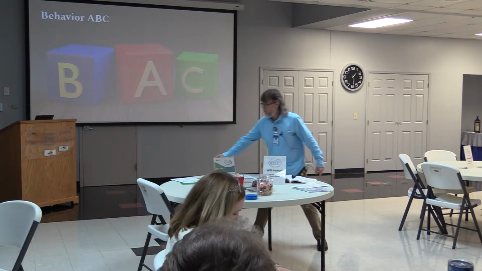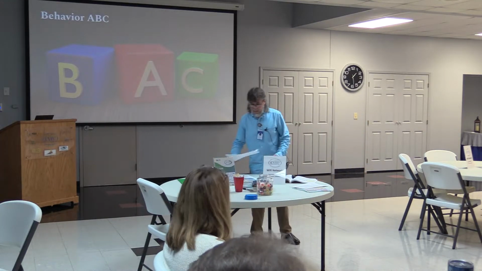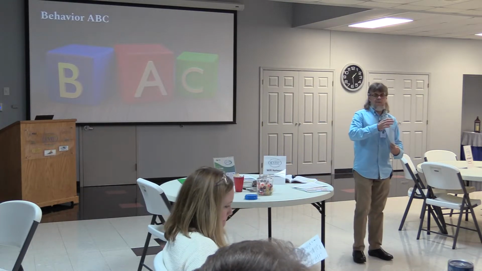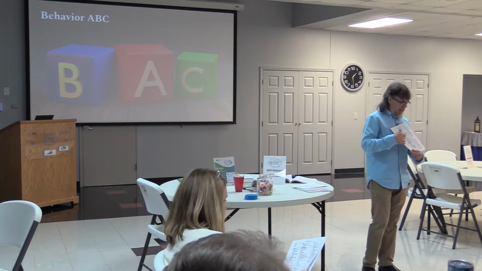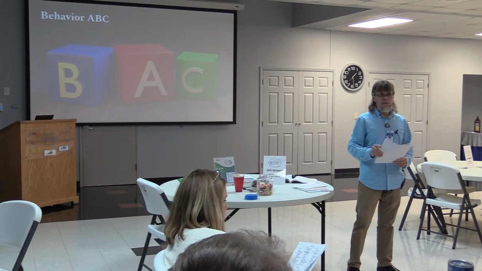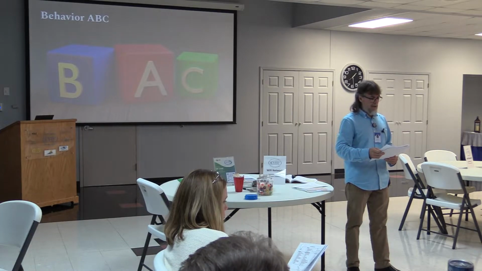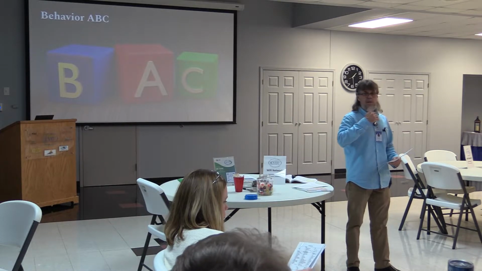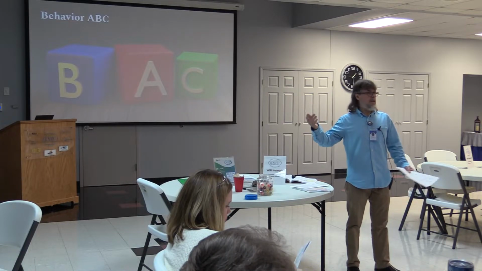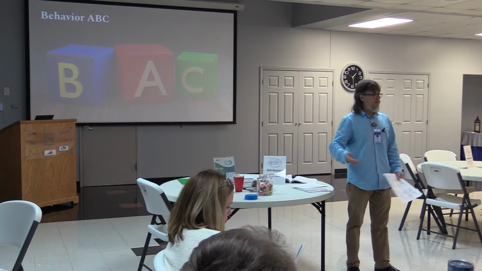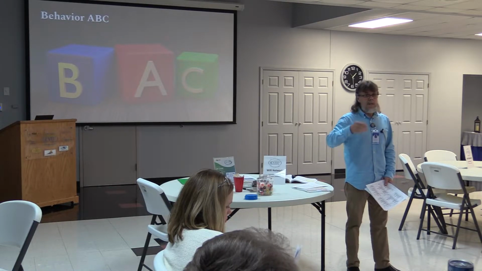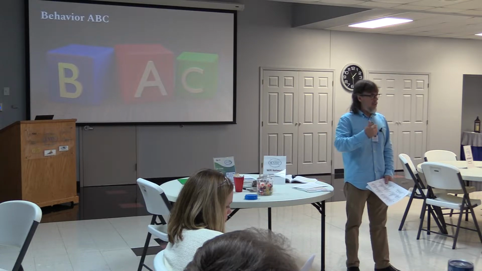All right, so our forms that we want to look at real quickly are some of these ABC. Remember, antecedent, behavior, consequence. This first one is an ABC card. There should be 2 sections. This is just to help you determine what an antecedent is. Sometimes I'm asked to come see a classroom or a student, and they say there's no antecedent, they just go off. Well, there has to be an antecedent. It may be something that you've said or something that you've done, but there's always an antecedent to a behavior.